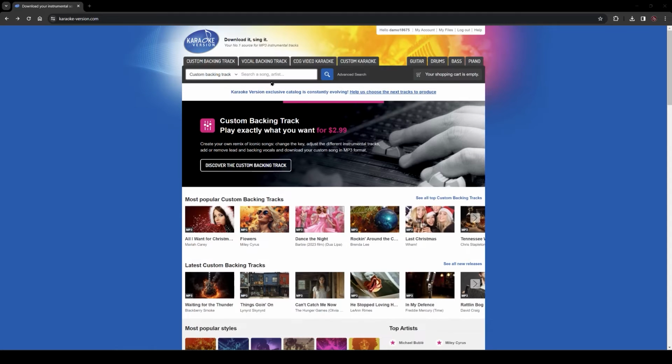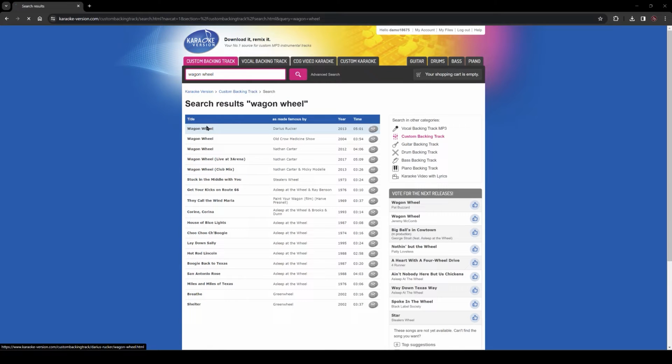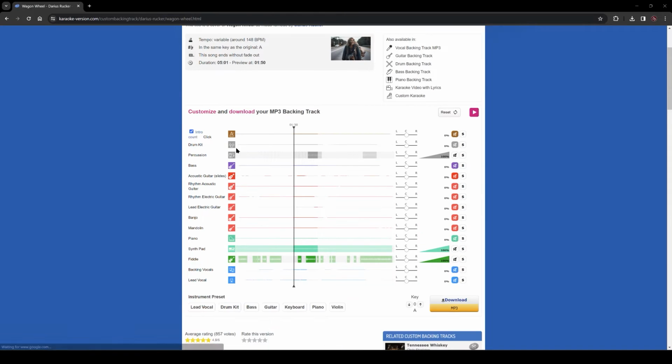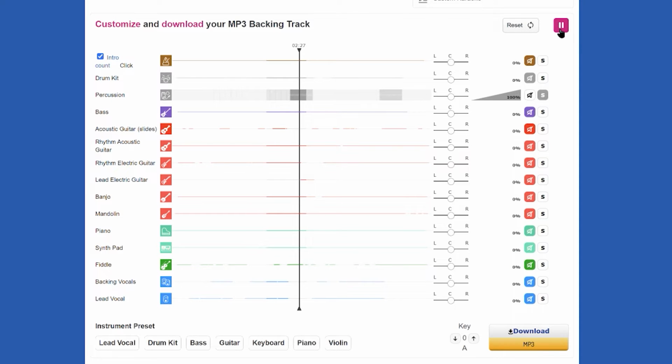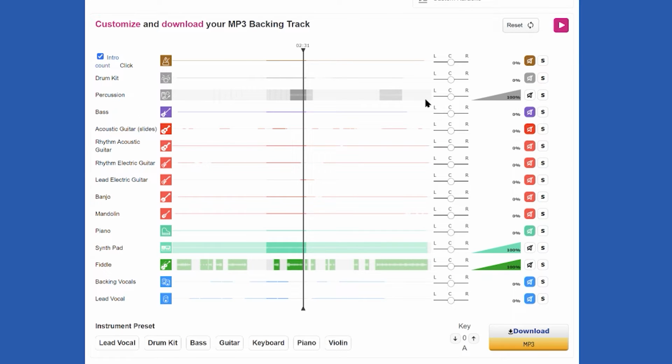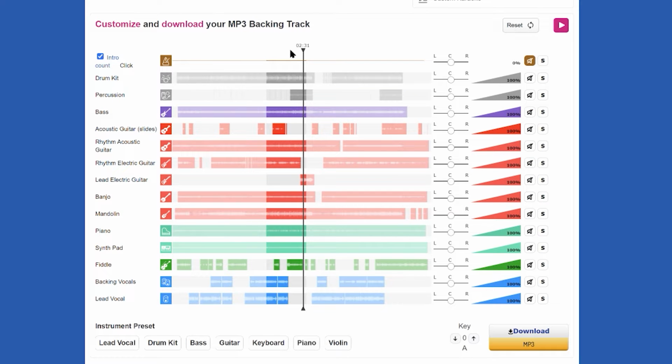So let's say that we're trying to do a cover of Darius Rucker's Wagon Wheel. So I go to karaokeversion.com, type in Wagon Wheel, if I can spell it, there we go, Wagon Wheel. There it is, right up top. So we open that up. And what you'll see is the page opens and you can see all of the individual instruments, these are called stems, have their own recording. So if I was to go to, say, the percussion part, we'll just play that here. Right, so we can isolate individual parts of this song. If we listen to the whole thing put together. Right, so as you can tell, it's not the original version, but it's pretty close.